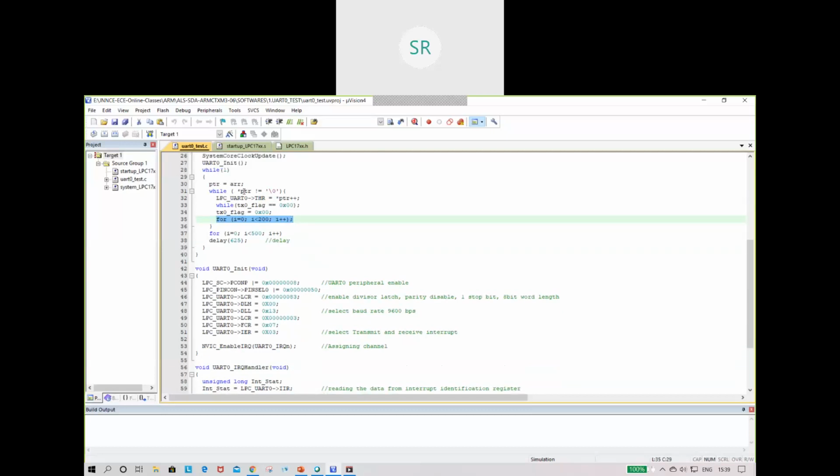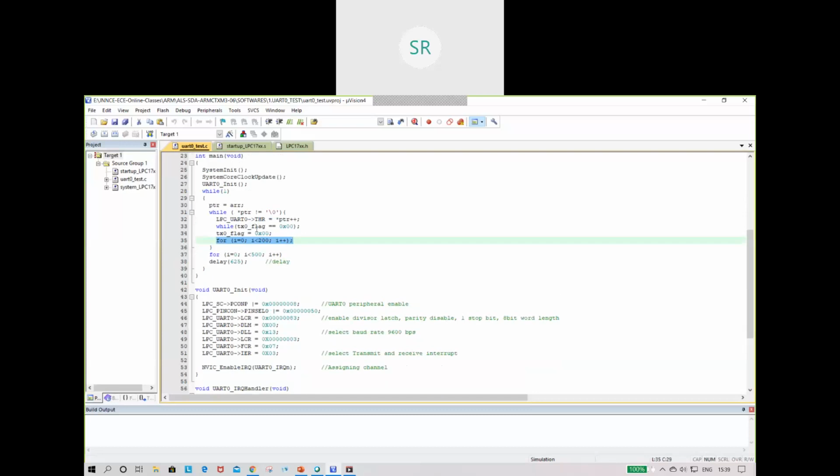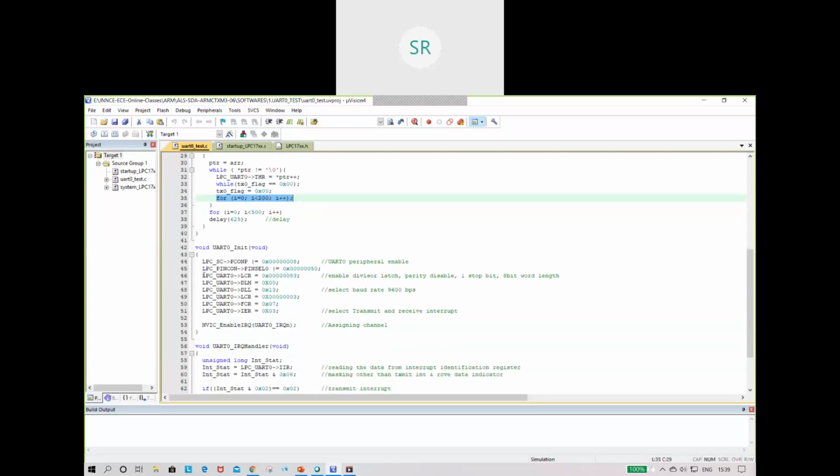In order to do this transmission, you need to initialize the UART in the LPC1768. In order to do the initialization of the UART, you should use some commands. These are some of the lines you need to execute in order to initialize the UART. Since UART is a peripheral device, I need to energize this peripheral device. I'm going to use the first UART, which is named UART0.